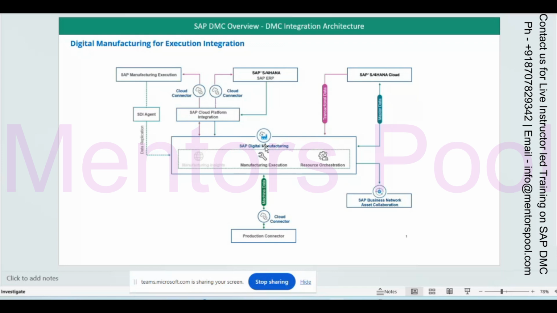Are you getting it? And one question: for example, you put manufacturing execution, ME. Is that required, or is it nice to have to integrate it with SAP DMC, or can you discard it? See, this is not mandatory.